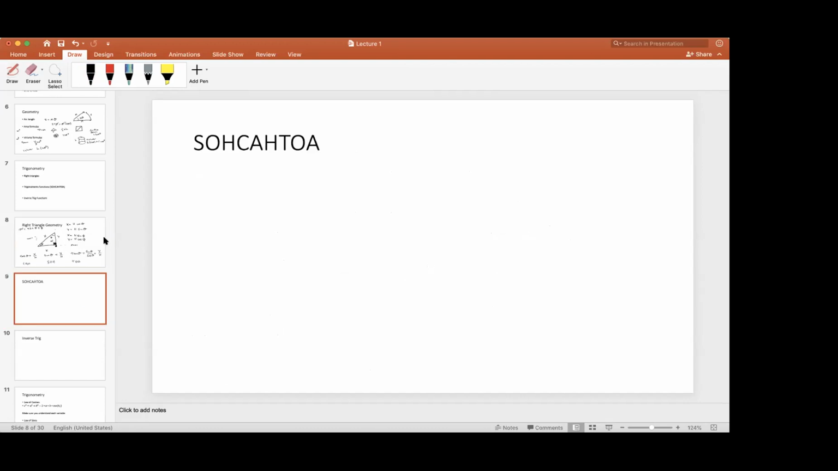I just went through this, but sine of the angle is y over hypotenuse. Cosine of the angle is x over hypotenuse. And tan of the angle is y over x. Now,